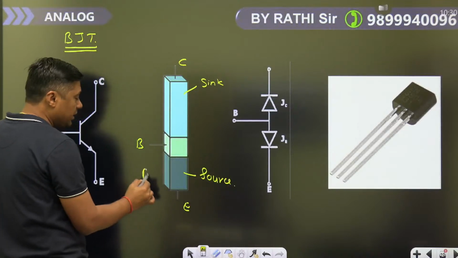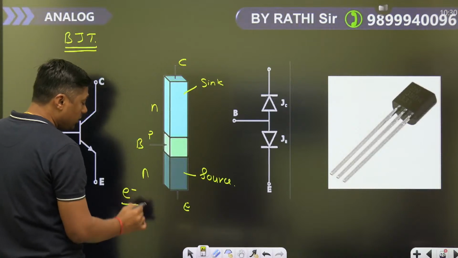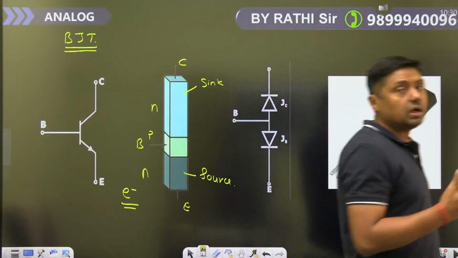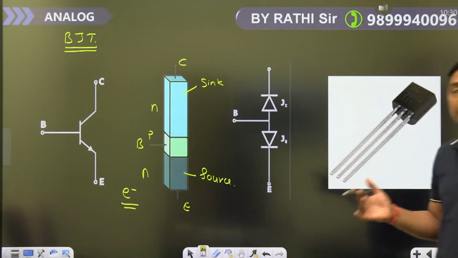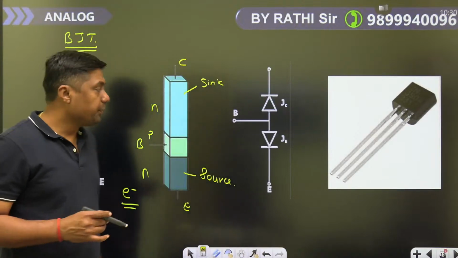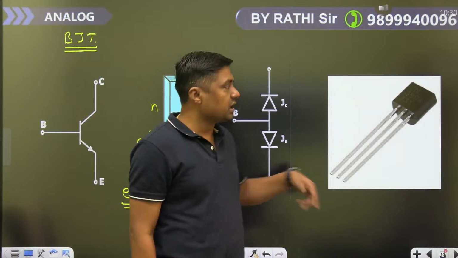एनपीएन ट्रांजिस्टर में एमिटर का काम है इलेक्ट्रॉन प्रोवाइड करना। Normally we are using what? NPN transistor, क्योंकि इलेक्ट्रॉन की जो मोबिलिटी होती है वो होल के कंपैरिजन में ज्यादा होती है। That's why we are using what? NPN transistor, guys. ओके, देन ये देखो, आप अगर मार्केट में ट्रांजिस्टर परचेस करने जाओगे, तो आपको ऐसा